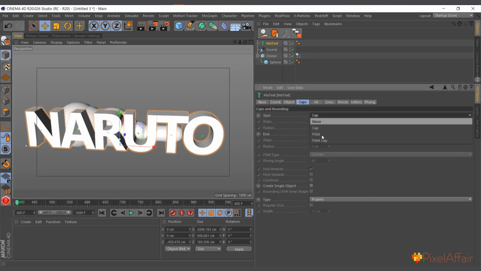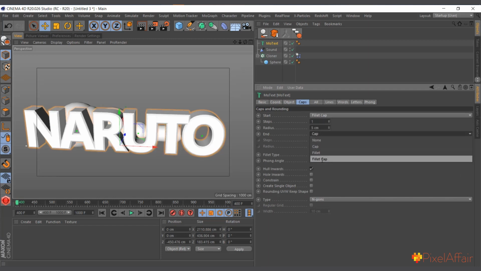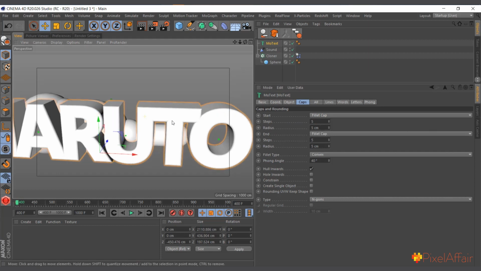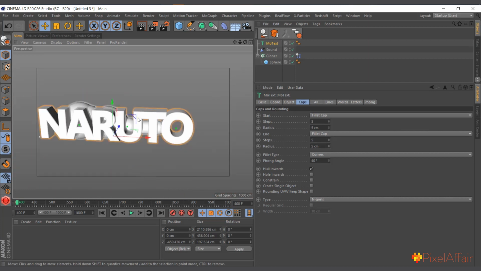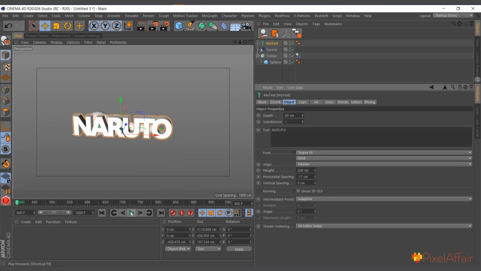Come to caps, make it 5, fillet cap, make it 5, and increase the steps to 5 as well, to make it smoother for reflection when you're adding materials and stuff like that. Right, so now if I hit play,